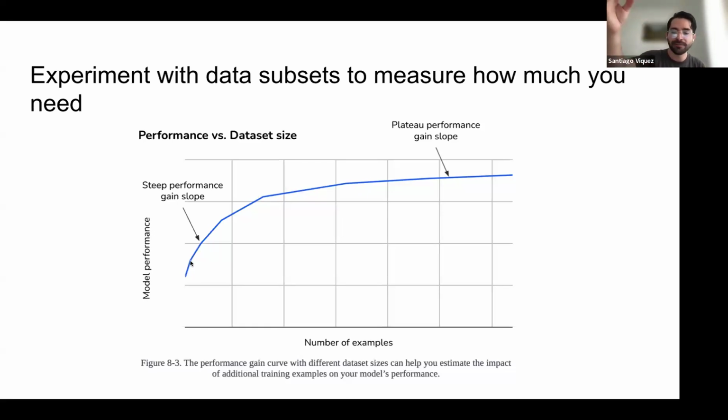Then you add 25 more. So you train your model with 50 examples, and you see a performance gain here. Then you train your model with 75 examples, and your performance still continues going up. This is telling you, okay, if I continue adding more examples, my performance is gonna improve. Then you add 100 examples, and there's a gain as well.